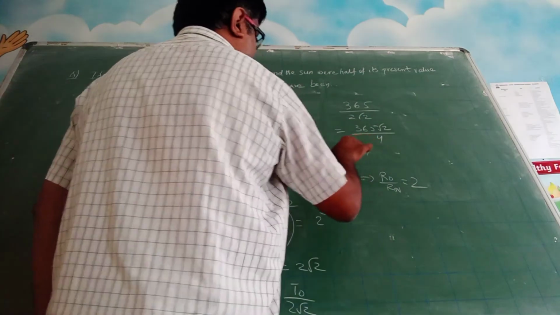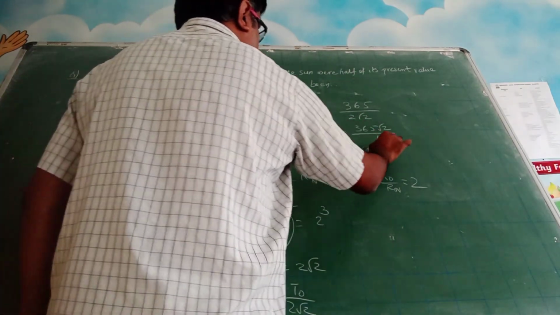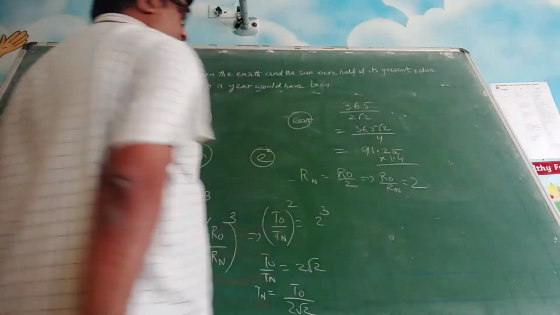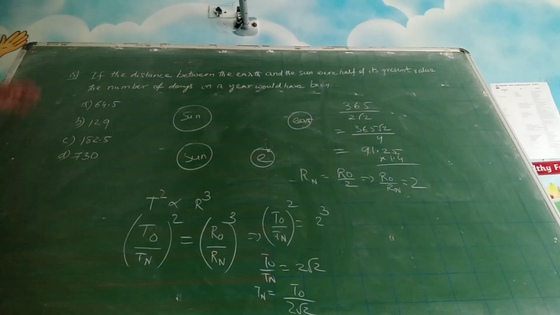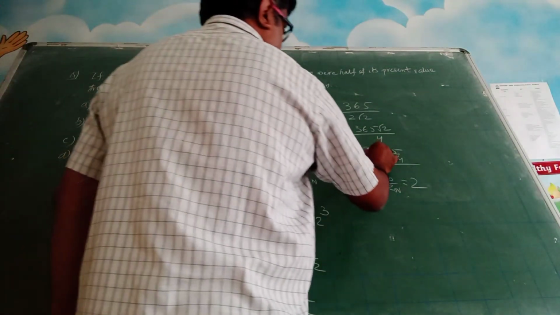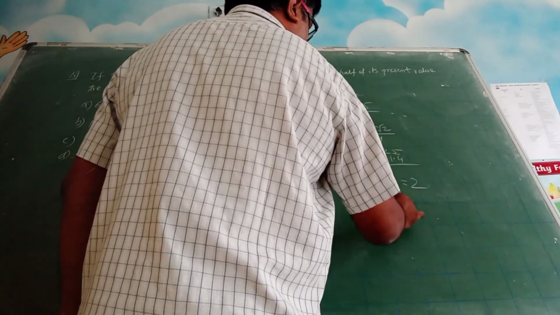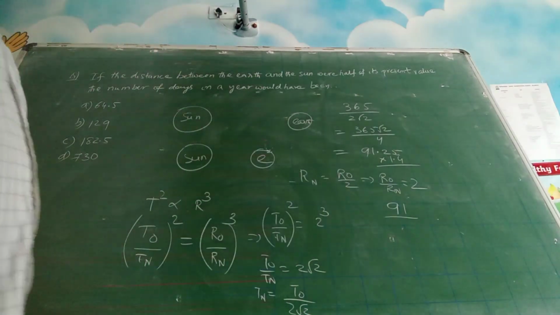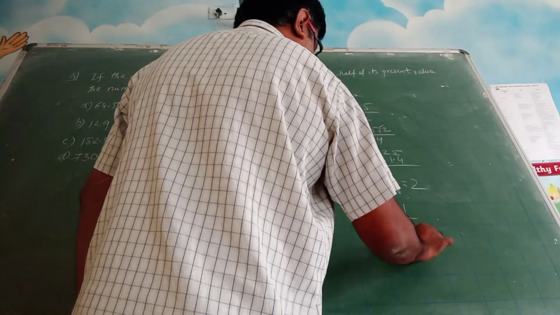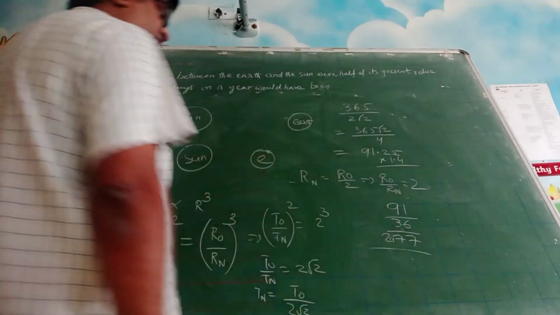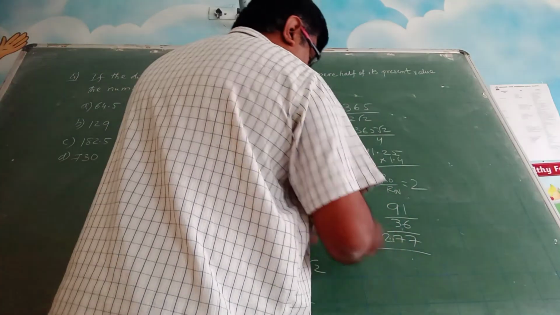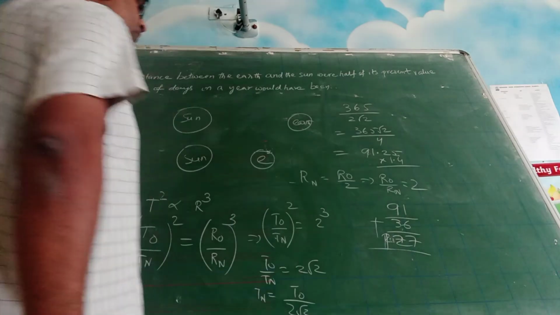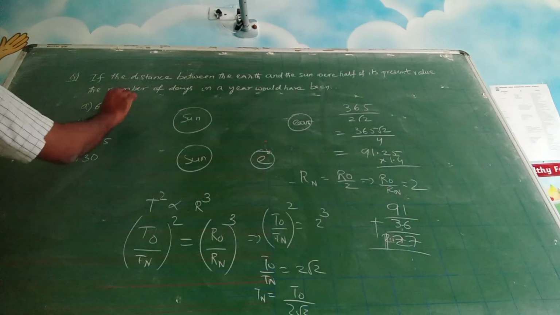So this is 91.25 into, what is the root 2 value? 1.414. Okay? Since the options are little far off, so it is 91 into 1 will be how much? 91 only. 91 into 4, 90 into 4 approximately 36. So 7, this is 277. Sorry, it's not multiplication, it is addition. Okay, 6 plus 1, 7, 9 plus 3, 12. 127. So 129 is the right answer.